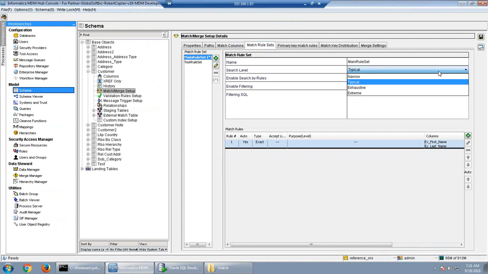Suppose it has generated 2 tokens. These 2 tokens will not be compared against all the existing 40 million tokens in your STRP table. This property is controlled by the search level. It will select whichever is the best data using which it can match.